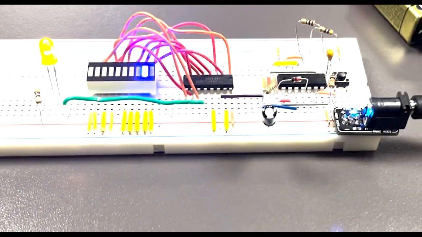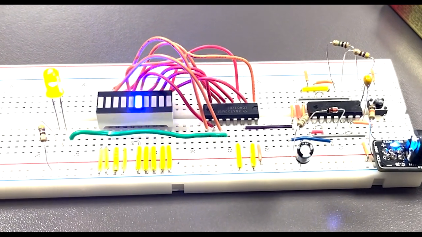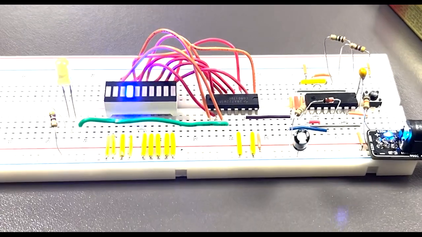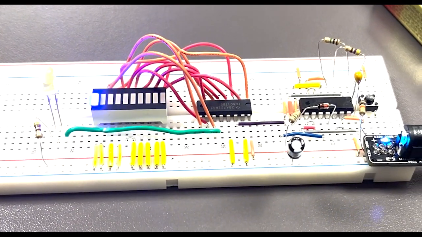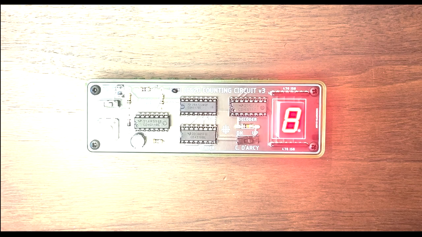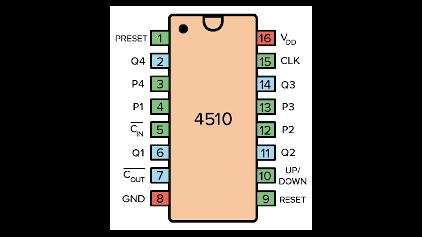It also has a divide by 10 output, which only activates during the sequence. When 0 to 4 have an output, from 5 to 9, it does not output. This means that it is only oscillating at 1/10 of the speed of the clock signal, hence its name, the divide by 10 output. The 4510 integrated circuit takes the divide by 10 output from the 4017 and uses it